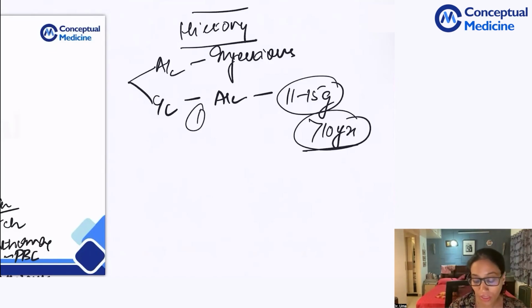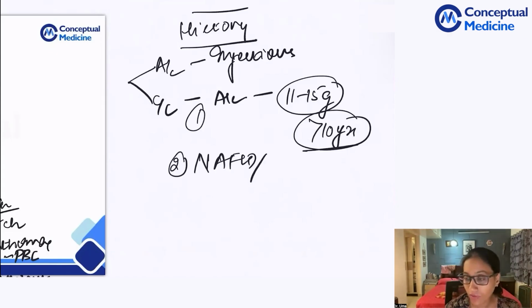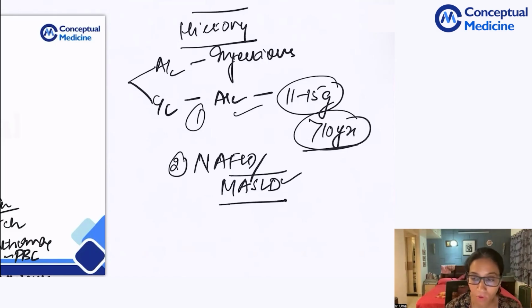So one is alcohol intake. Second is the presence of non-alcoholic fatty liver. So now the term is not non-alcoholic fatty liver. The term is now metabolic dysfunction associated steatotic liver disease. It's called MASLD. So when you finish alcohol, next is non-alcoholic or MASLD, metabolic dysfunction associated steatotic liver disease, which